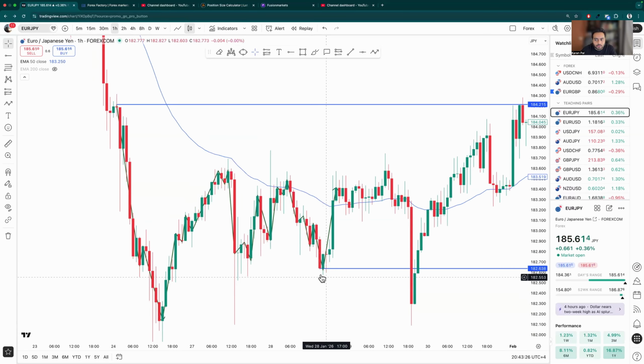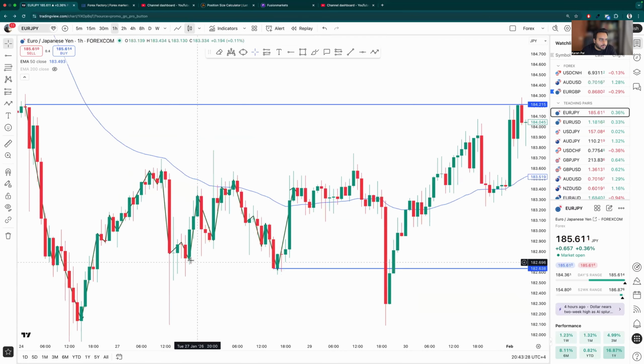How is a lower low not broken yet? I mean, this is the lower low, this is the higher high. The structure broke right here from this point, right? So the price went till here and then it came back. This means this is a higher low, and then it created a higher high. This is a higher low. Now, when this higher low breaks, that means a lower low is created, right? So this is lower low, this is lower high, this is lower low, this is lower high, this is lower low. This is continuation of a trend, right? At this point, this is a break of structure, right? I hope this is clear.